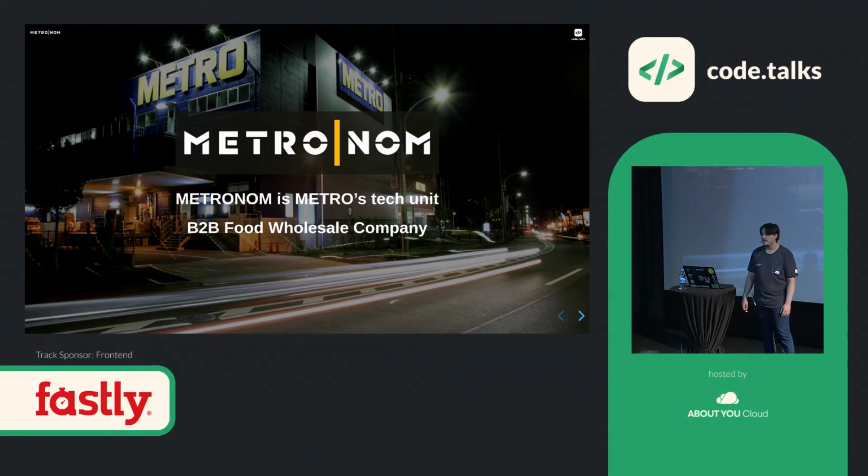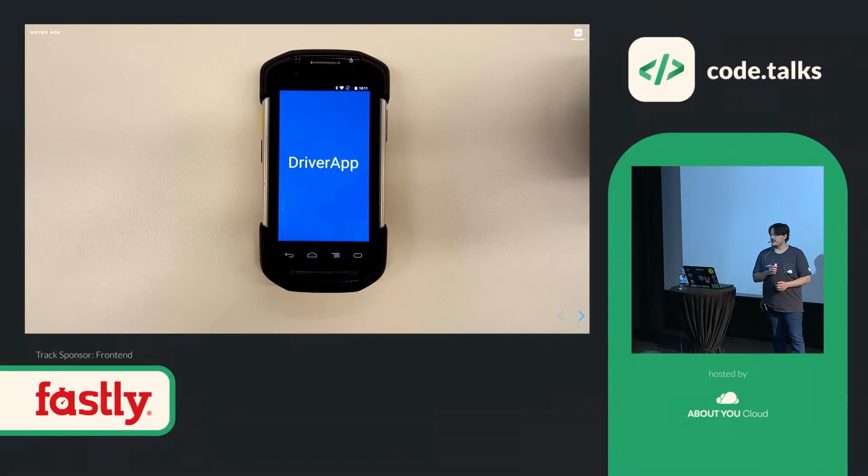that came from Metro. And inside Metronome, we have a whole ecosystem of microservices doing everything from the website where the customers buy stuff, to promotion management, to services to support the portals for the customers. And inside that, we also have Driver app. So Driver app is the app that the truck drivers and the depot managers use to manage the deliveries for